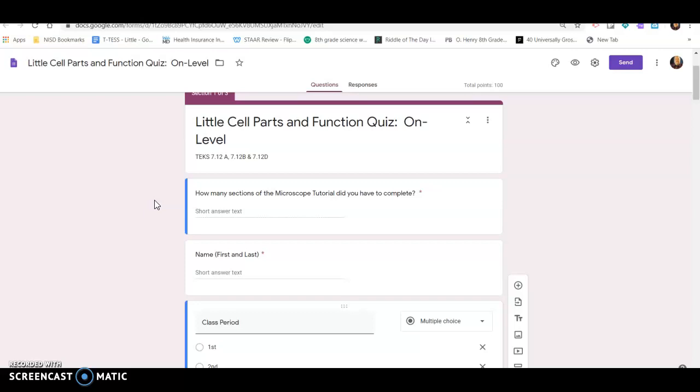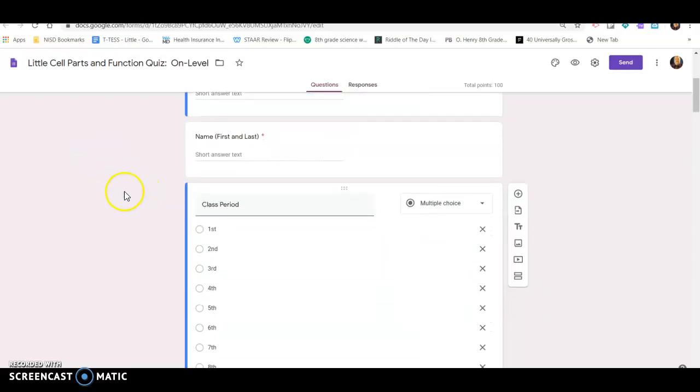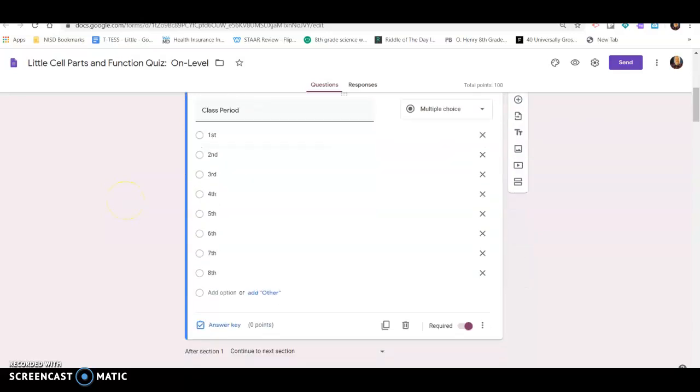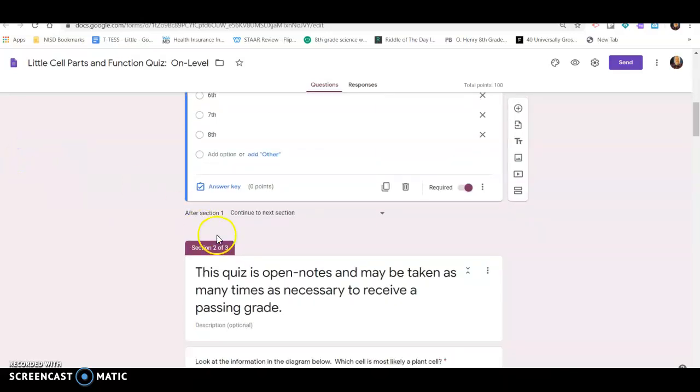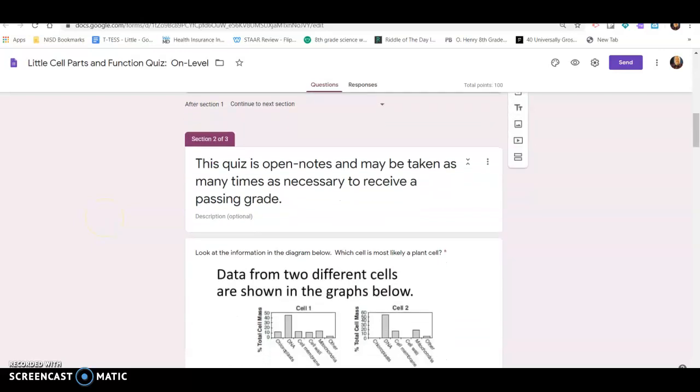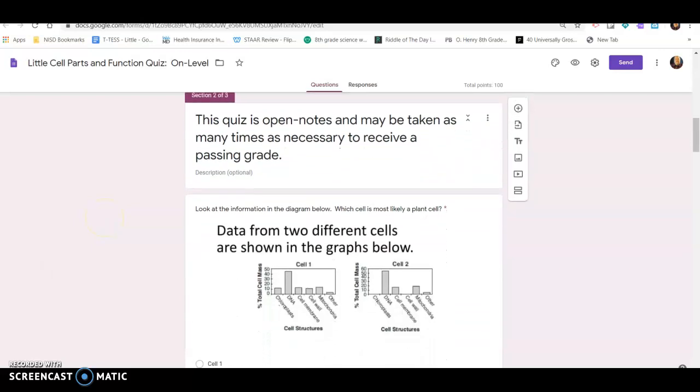Okay, once you've confirmed that, we're going to go ahead and put in our first name and our last name. Put in the appropriate class period. And then notice here mine may look a little bit different. Yours is divided up into sections, but I made mine a one-pager so that we can see it all at the same time. Okay, this quiz is open notes and may be taken as many times as necessary to receive